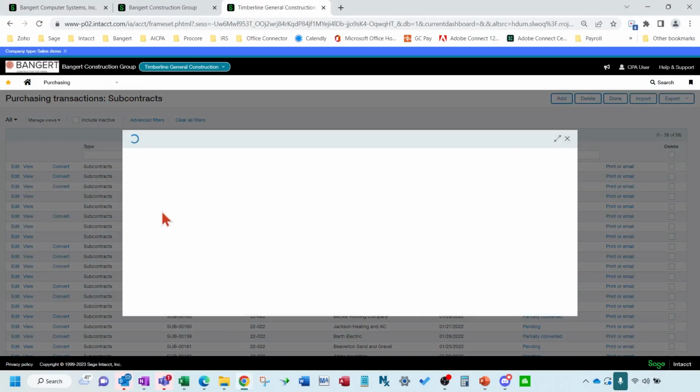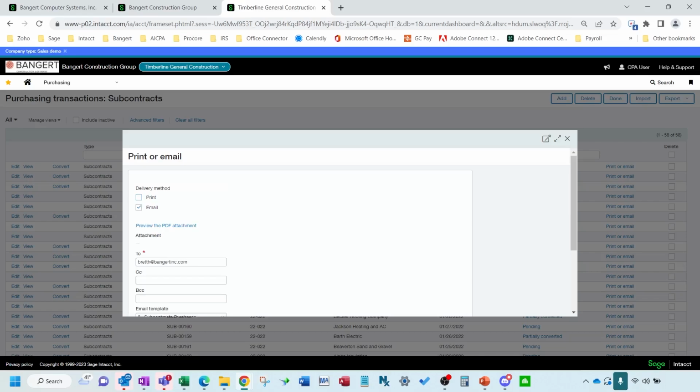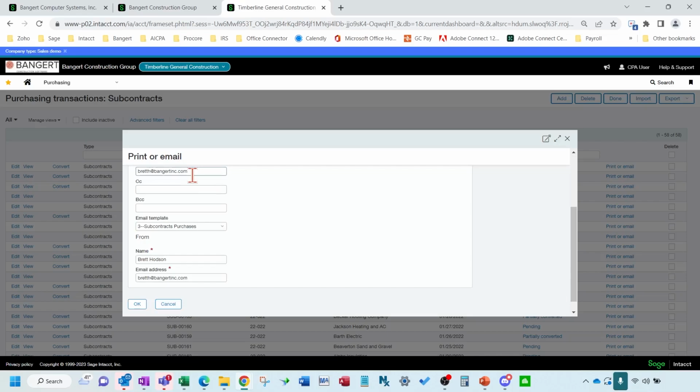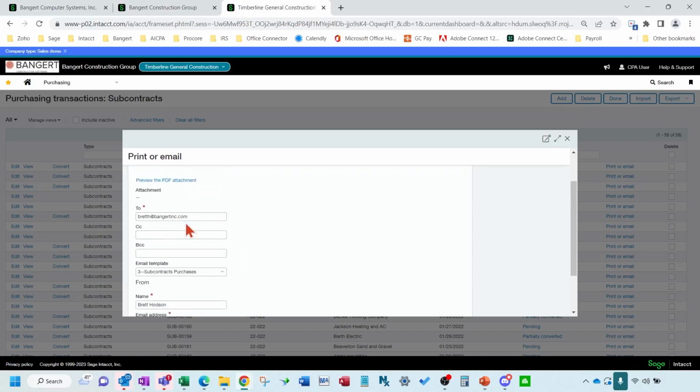It pulls up the screen that says, do you want to print or email? You click email there. And you can see that it pre-fills in some items here for you.